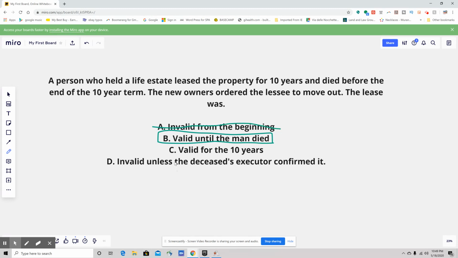People were struggling with this one. Was it valid for the 10 years? It's a 10-year lease, right? So a lot of people were saying it's valid for the 10 years. That is incorrect. Let's talk about why that's incorrect. It's incorrect because the owner who gave the lease, so the lessor, OR gives, EE receives. The lessor in this one held a life estate. They did not hold ownership